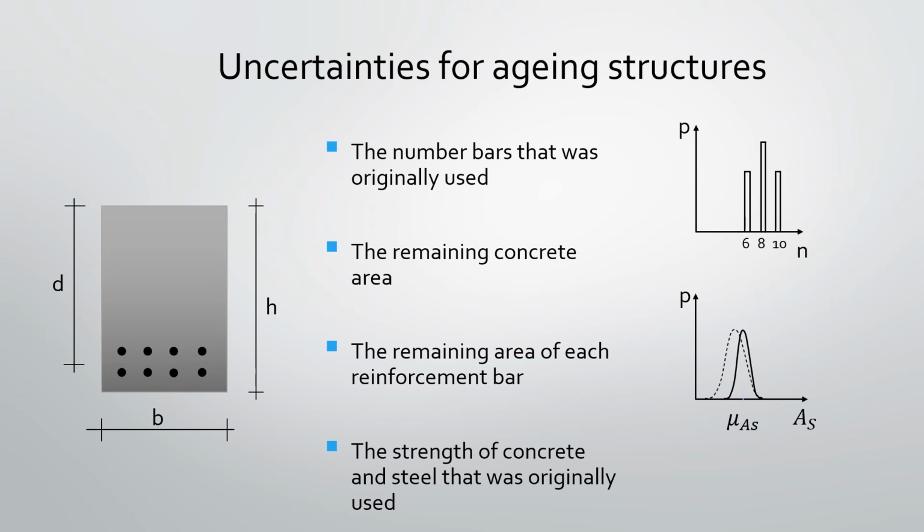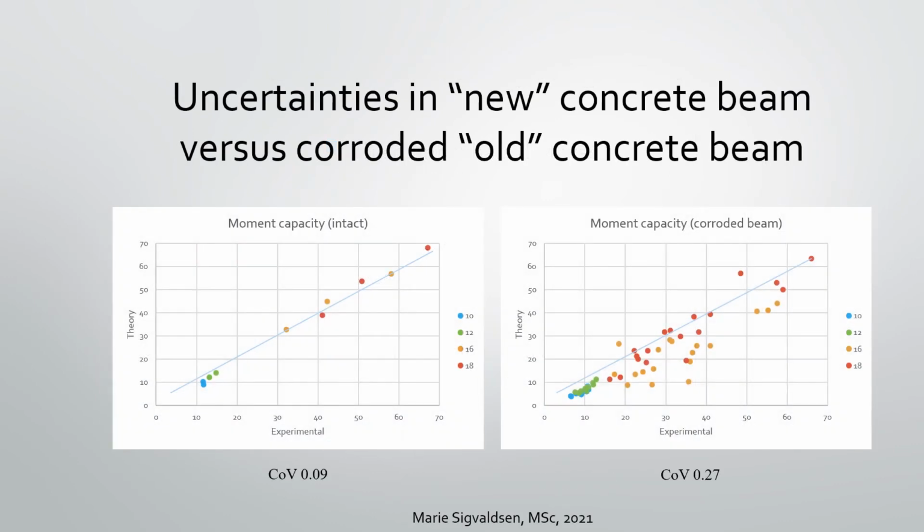We can look back to check what was typically used at the time the structure was originally built, but this will only give a vague indication. Maybe we can take some samples and test these, but even that will not give us precise information. And maybe the material has lost some of its strength over the years. Hence, the uncertainty related to the strength of the concrete and steel material will be even more than for a new structure. When structures are becoming older, not only does their capacity reduce, but also the uncertainty about their capacity